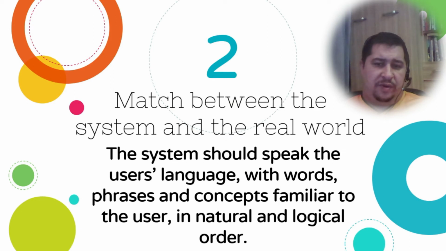Heuristic number 2 is a match between the system and the real world. The system should speak the user's language with words, phrases, and concepts that are familiar to the users, and this should be done in a natural and logical order. That is why when you have, let's say, accounting software, to the regular average everyday normal guy it can be really complicated,